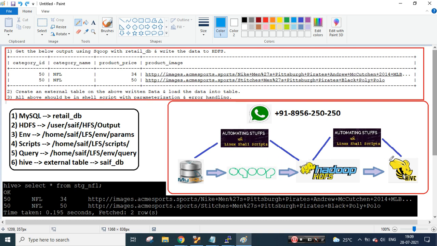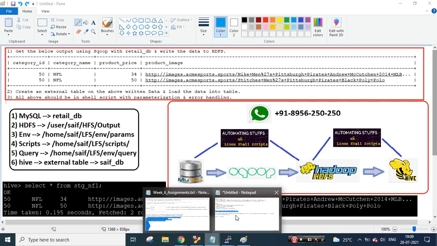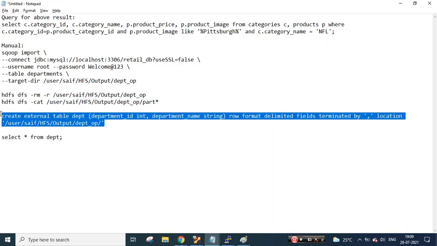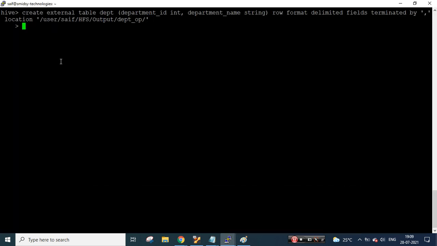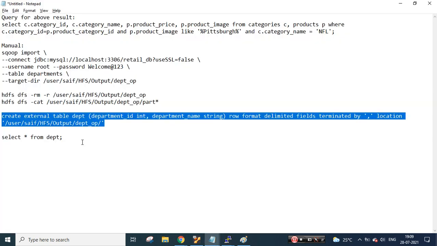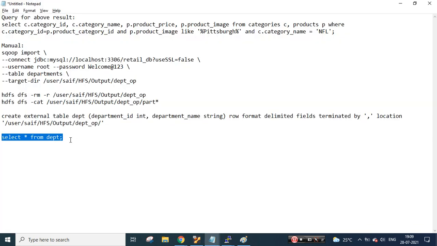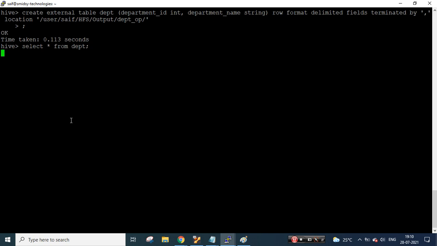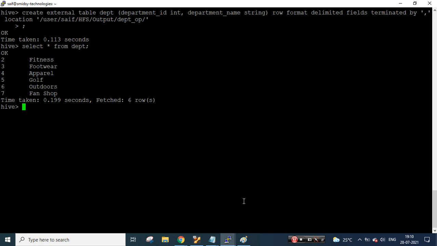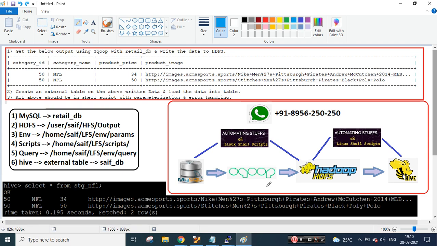Now what we'll try to do is create an external table on top of the HDFS file system, and then preview the data. For that also, just for testing purposes, I have created small syntaxes to show you manually. So this is the Hive interface. I am trying to create this table, and finally I will view the data. These are all manual steps, one by one. Everything is working gracefully over here.